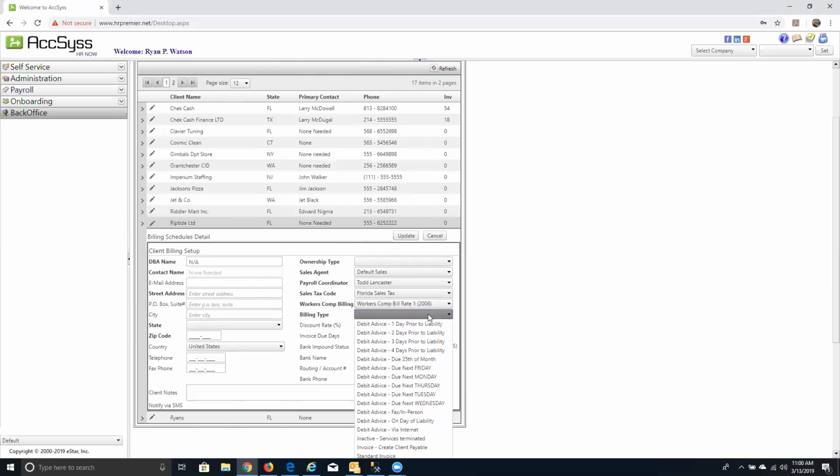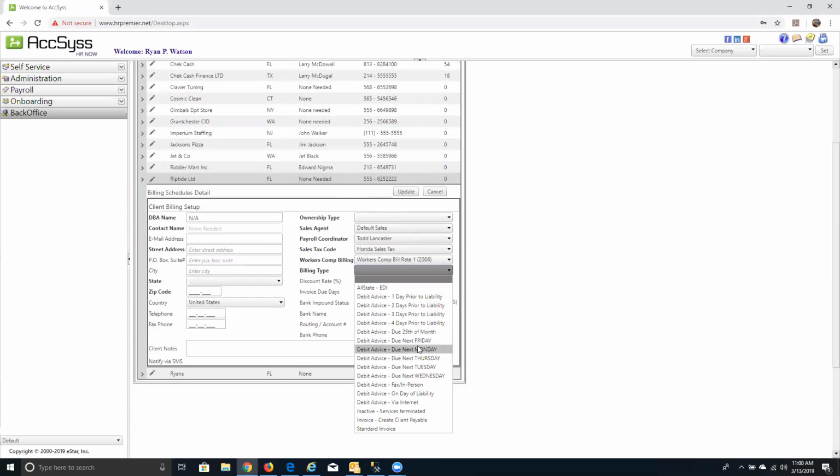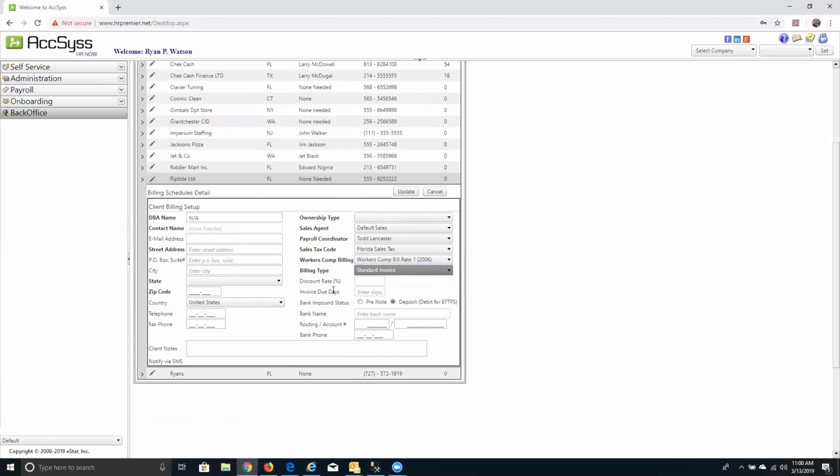Billing type. The billing type is going to be selected here, and it really boils down to 2 different types of invoices. One is your standard invoice. This is going to represent a document that you send out to the client, and it's going to show them what they owe, what I have logged in. And that is intended for you to collect that invoice via cash, check, charge, barter, or whatever. So you would submit that